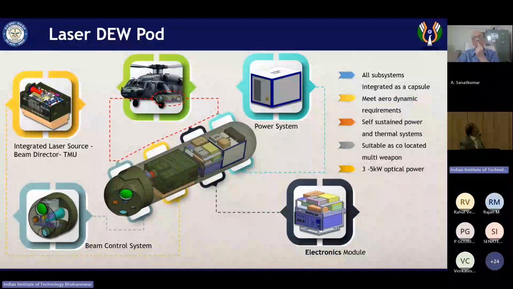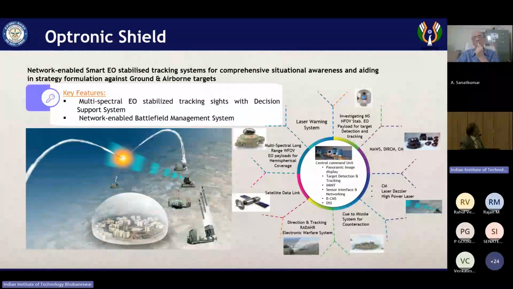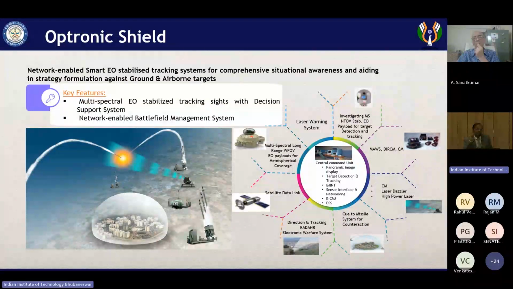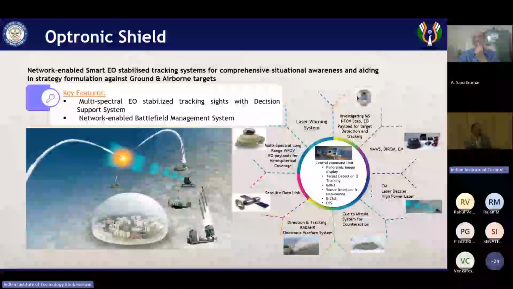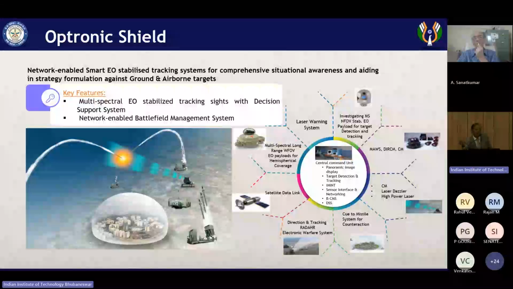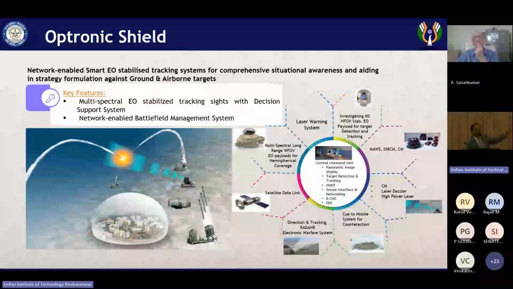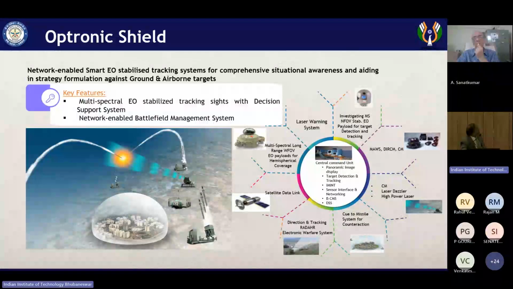And then of course, directed energy weapons and the laser. I have explained this. And this is very important, called the optronic shield or Suraksha Kavach, which I was telling you. People understand it most when I say that word which I hate, Iron Dome, because we still follow the Israelis. This is something which protects your country with absolute electro-optic shields: any attack comes, it detects it from hundreds of kilometers away, with pinpoint accuracy finds out where the missile is coming from, commands the missile center to release the counter missile, and destroys it in space. That's the kind of technology we are working on today to protect our critical assets.